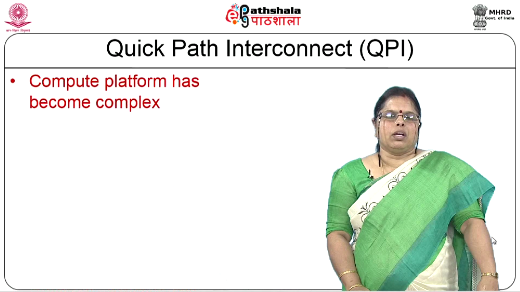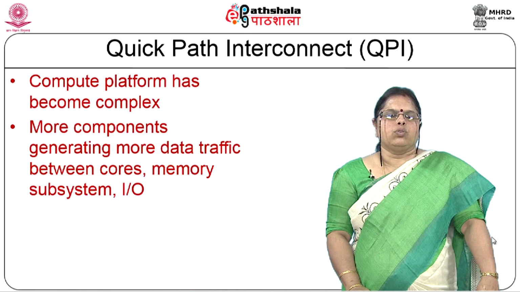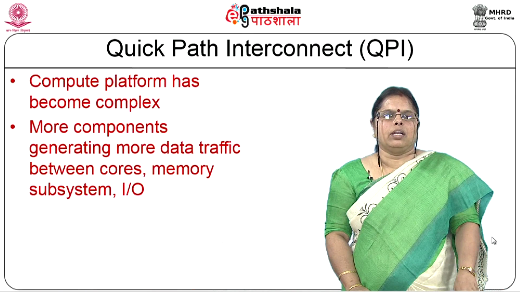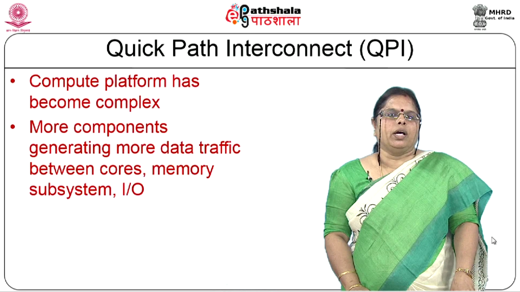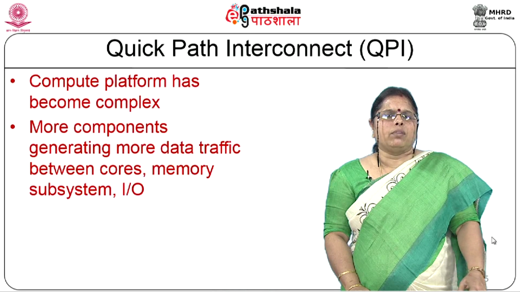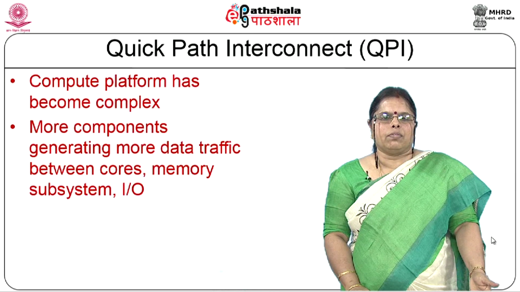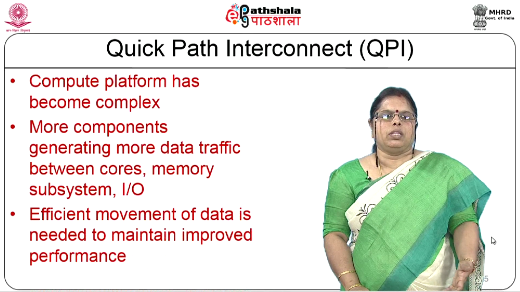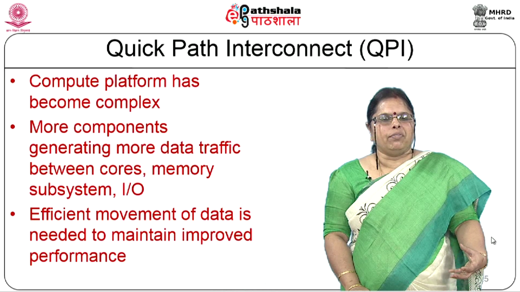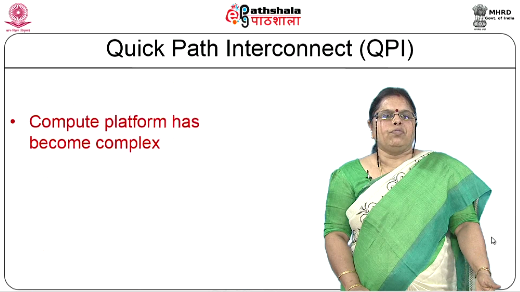So, the next important feature of Intel's architecture is the QuickPath Interconnect. Starting from a single bus that connected the various components, and a dual independent bus and a hierarchical bus, Intel has moved on to the QuickPath Interconnect, QPI, because the compute platform has become very complex and you have more components generating a lot of data traffic, and you need a lot of communication happening between the cores, memory subsystem and the IO. So, you definitely need an efficient method for moving data in order to improve performance. So, if you look at the QPI,